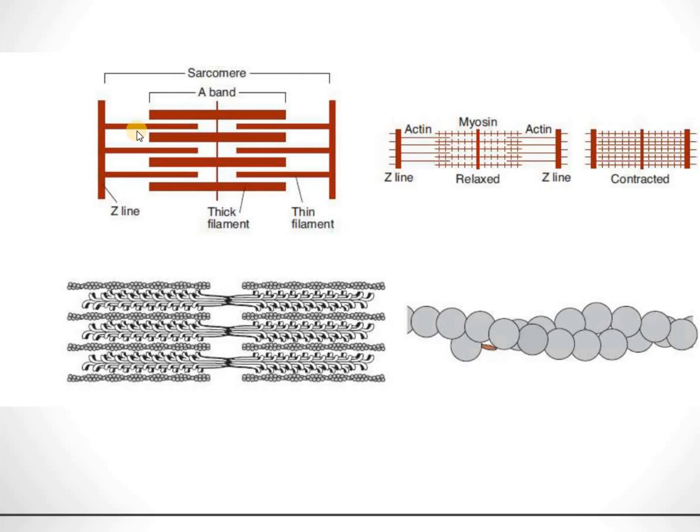So this picture details a unit of a sarcomere. It shows actin, myosin, and the Z band relaxed, and the Z band contracted. Okay. They will slide over each other and they will contract. And in a more biological format, you can see it here. Each filament will look like this in a helical structure.